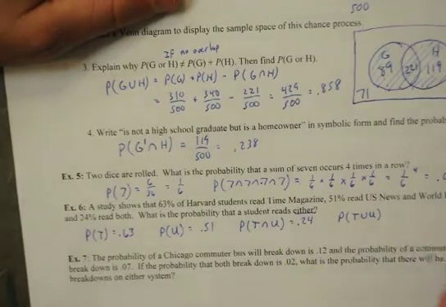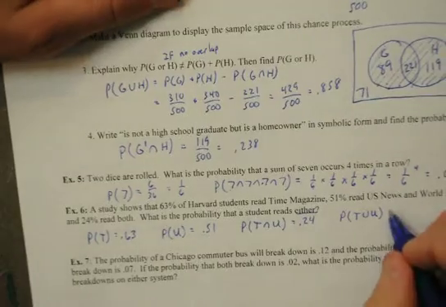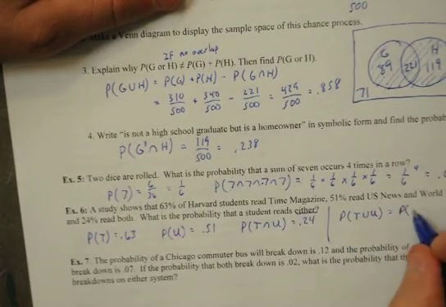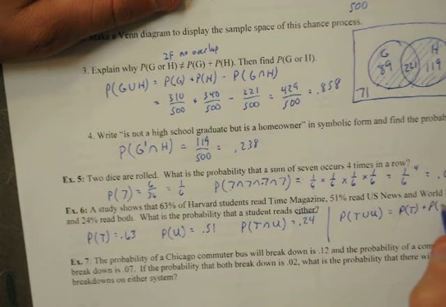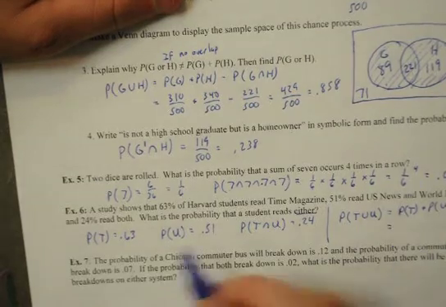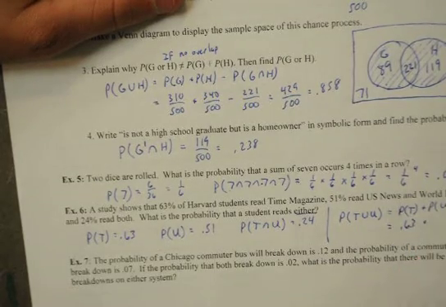So what I can do here is the probability of Time plus the probability of U.S. News and World Report minus the overlap, Time and U.S. News and World Report. So the probability of Time is 0.63, that is 0.51, and that's 0.24, for a total of